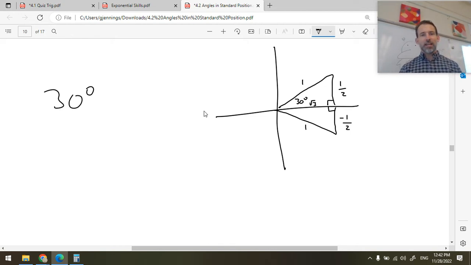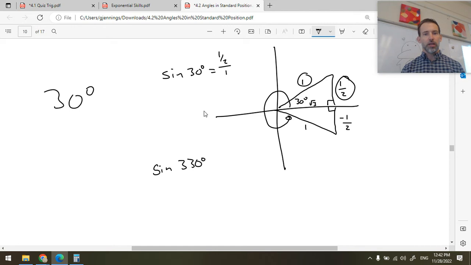If I look at the sine of 30 degrees, and I want to compare it to the sine of 330 degrees. Note that this is 330 degrees there, or negative 30. Well, the sine of 30 degrees is going to be opposite over hypotenuse, which is 1/2 over 1, or just equal to 1/2 or 0.5. You will be very comfortable with that. And then sine of 330, well, that would be this opposite over this hypotenuse, so that will be negative 1/2. So what we have is the sine of 30 degrees is equal to negative the sine